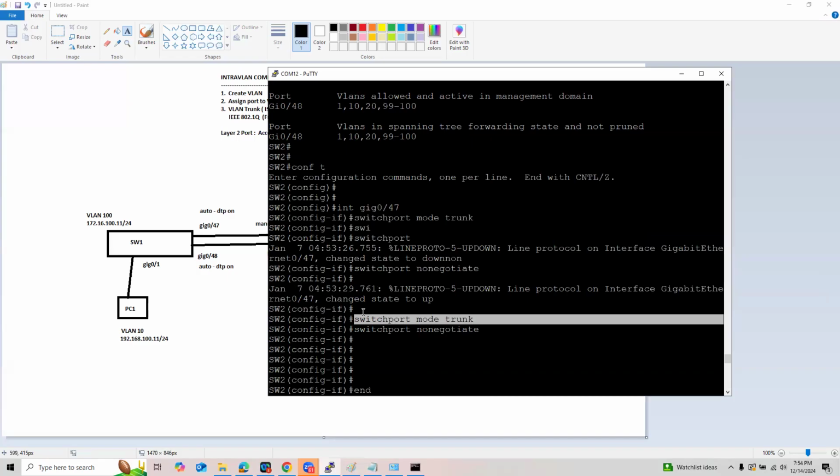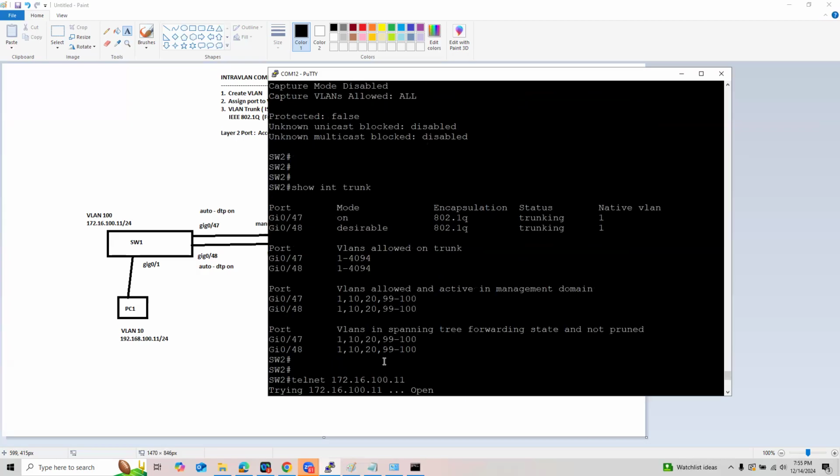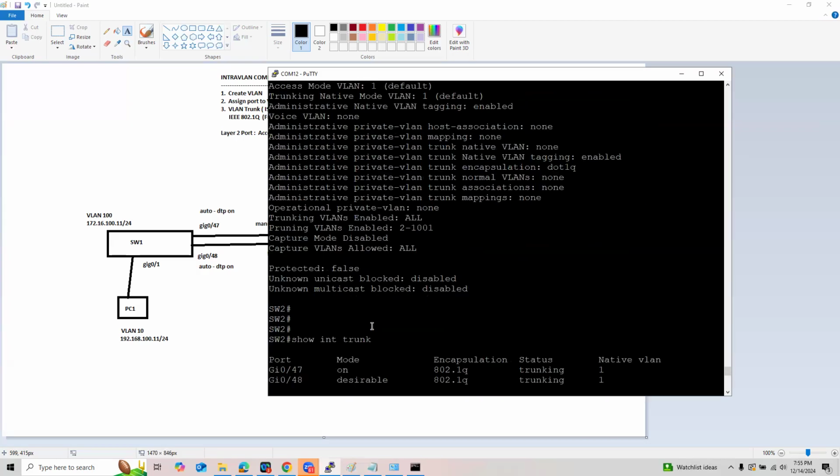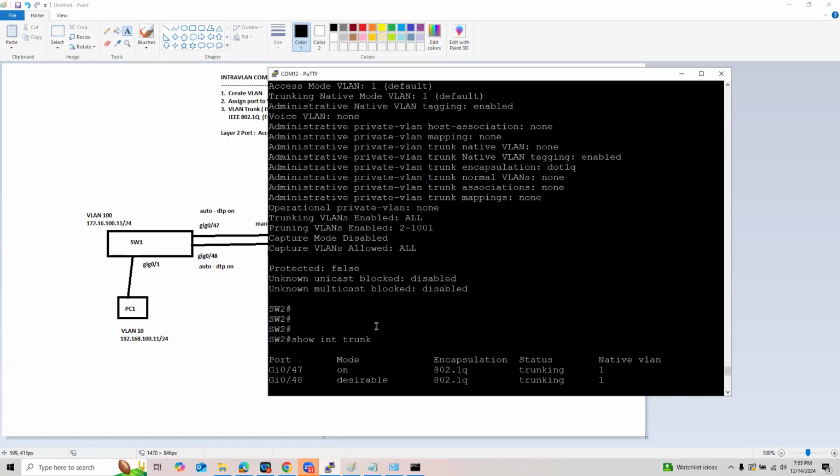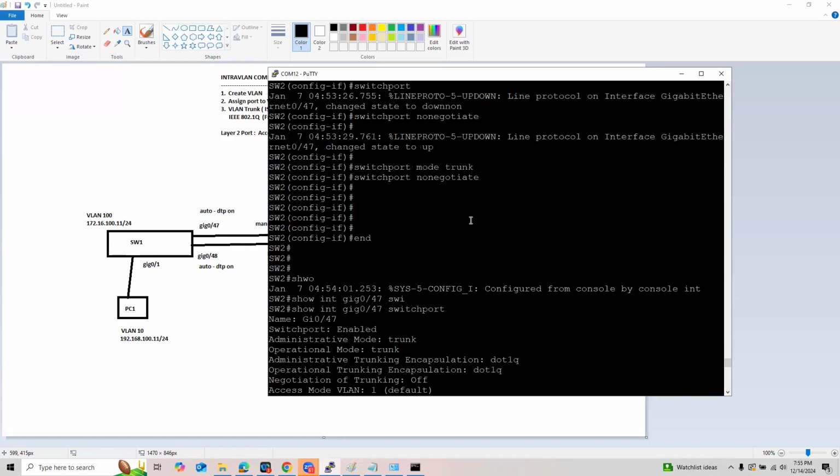And since DTP was still enabled, port 47 of switch 2 negotiated with port 47 in switch 1 to make its port a trunk. That's the reason why it is now a trunk here. So negotiation happened and worked before I issued switchport nonegotiate. All right? So don't forget that.